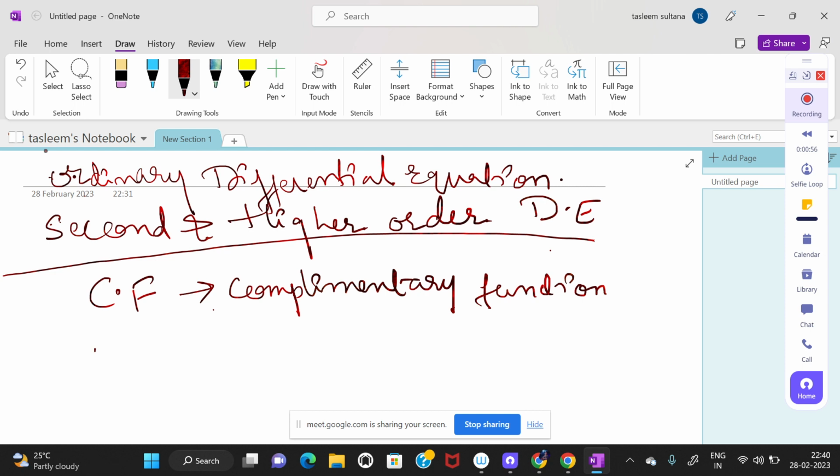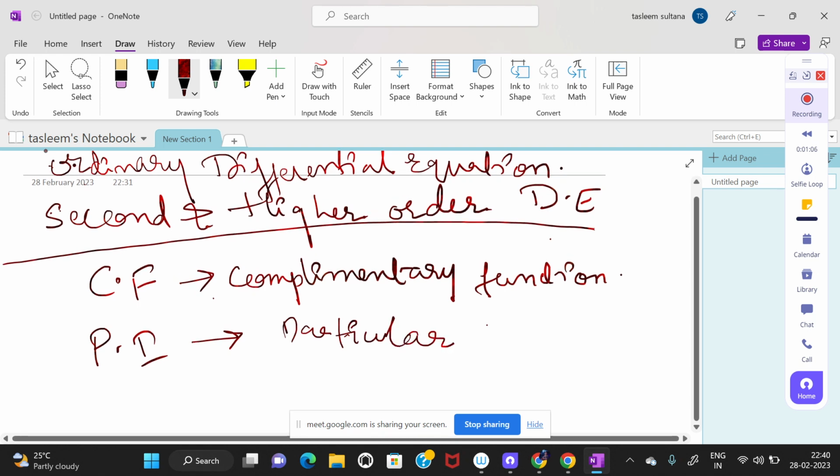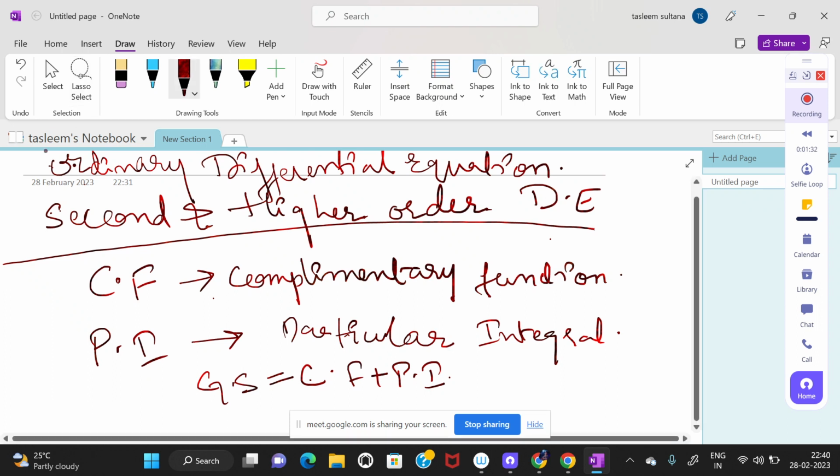Next, you're going to deal with PI, that is going to be your particular integral, where general solution, your GS, is going to be complementary function plus particular integral. When you are going to find that PI, when your RHS side is not equals to 0, when it is in the form of non-homogeneous form,